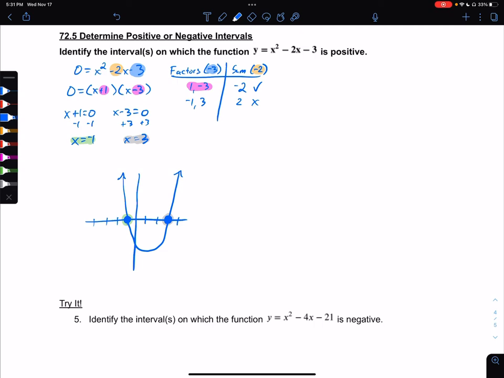I'm actually going to change some colors here. I'm going to use red up here because I'm looking for positive intervals. A positive interval, remember, is anything above the x-axis. So this part of my graph here is positive, and this part of my graph here is positive. This was -1, this is positive 3. So my positive intervals